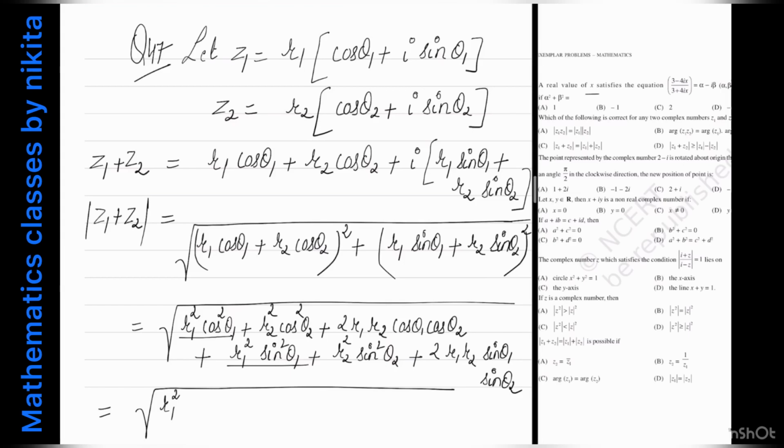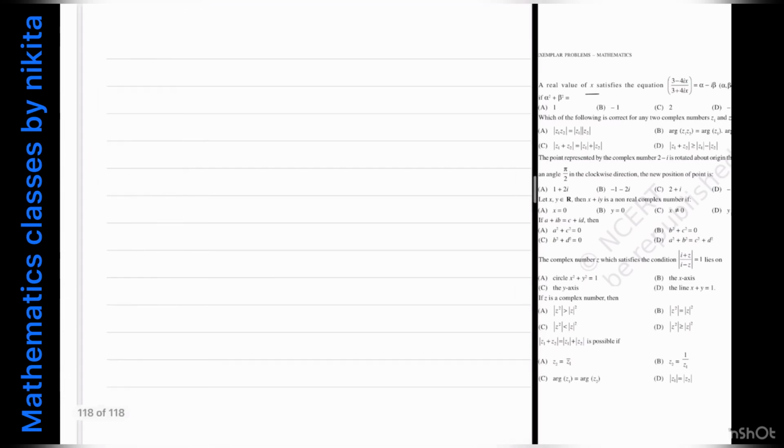Then I can combine this with this, so you will get plus r2 square. And plus 2 times r1 r2 common, what is left is cos theta 1 cos theta 2 plus sin theta 1 sin theta 2, which is equal to cos of theta 1 minus theta 2. So this is your mod of z1 plus z2, and it is given that this expression is equal to